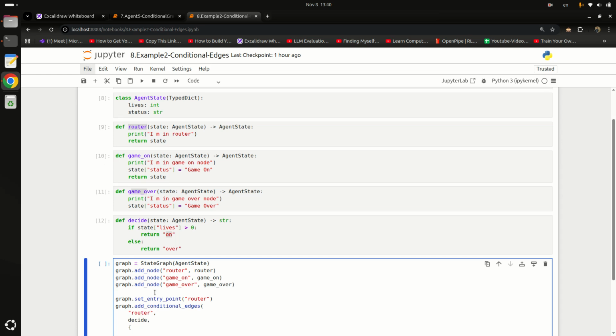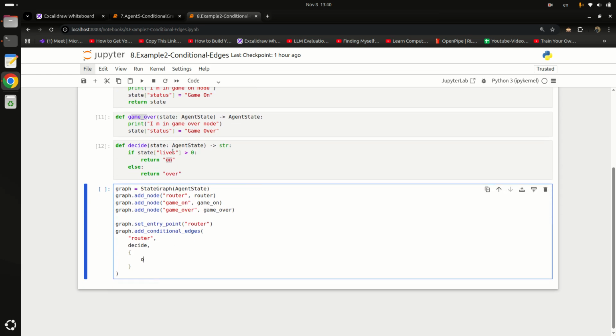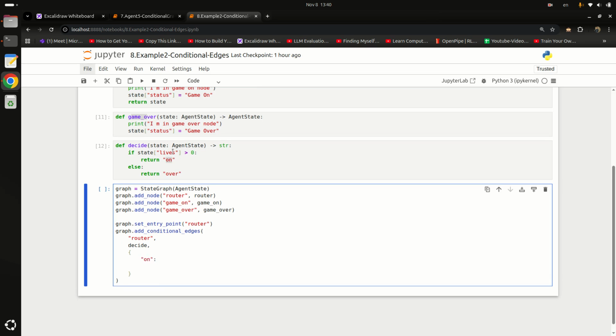The decide function basically returns either on or over. If it returns on, we go to the game on node. If it returns over, we have to go to the game over node,